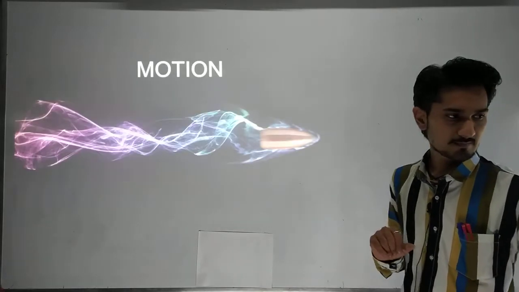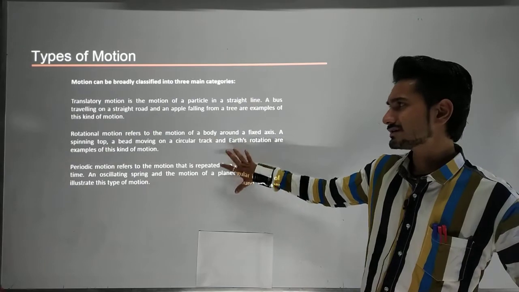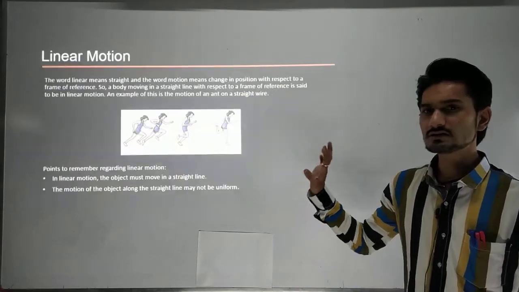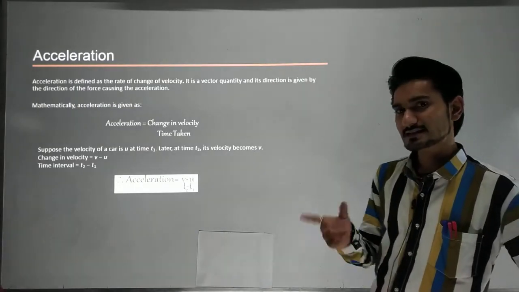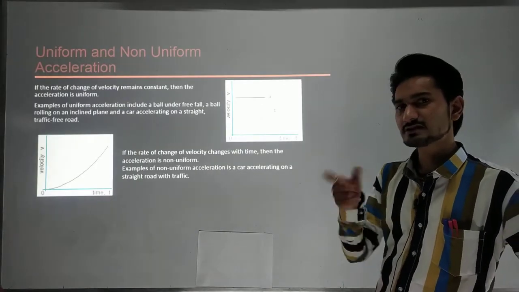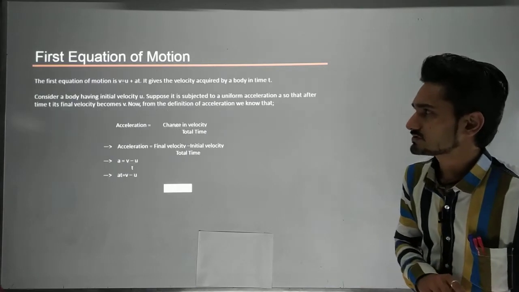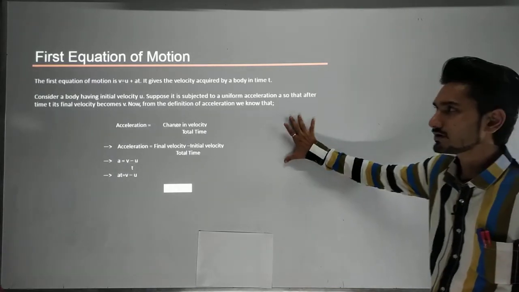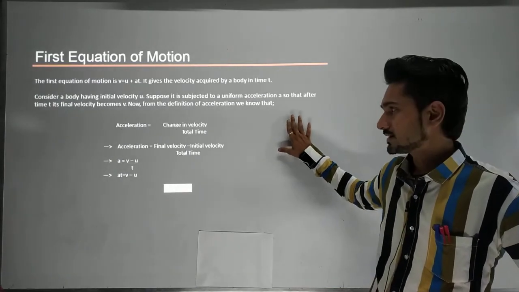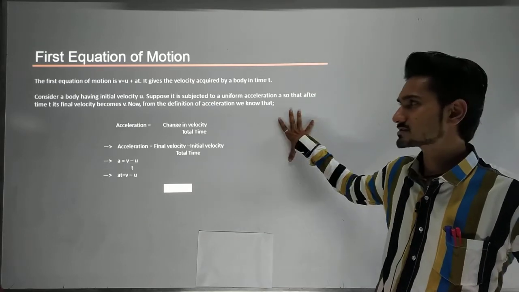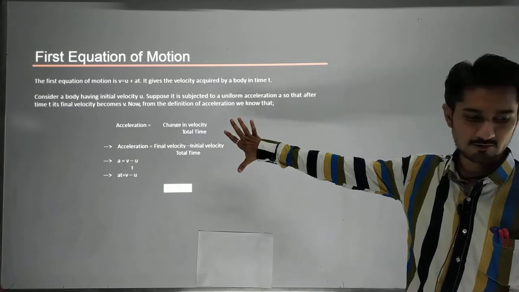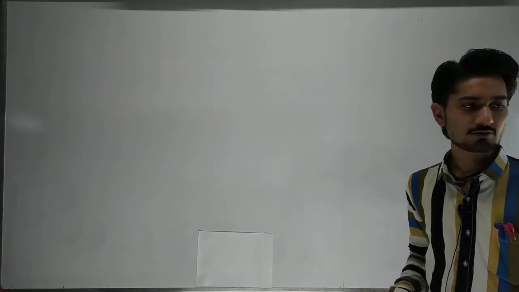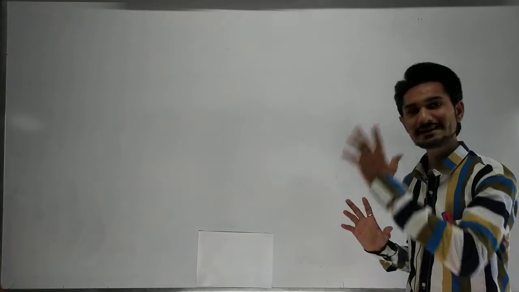These are all the slides we have already studied. We are going to the last slide, and today's last two topics will be the equations of motion and uniform circular motion. We have already seen the first equation of motion, but I will quickly revise it, and for that we are going to draw the graph. You will all have to draw with me at home in your book. Okay.